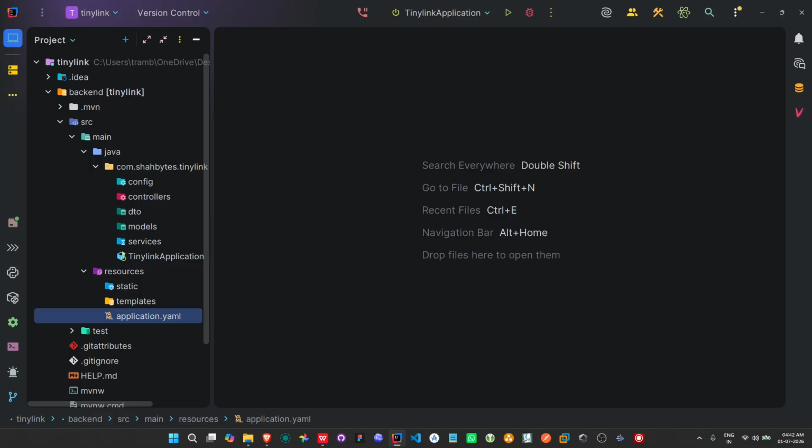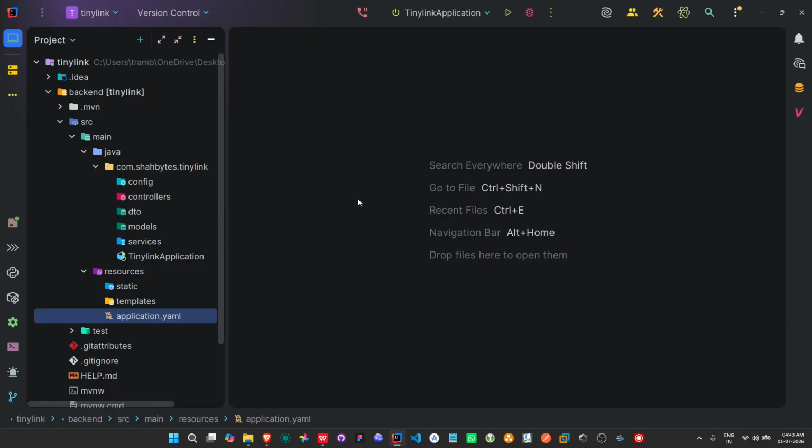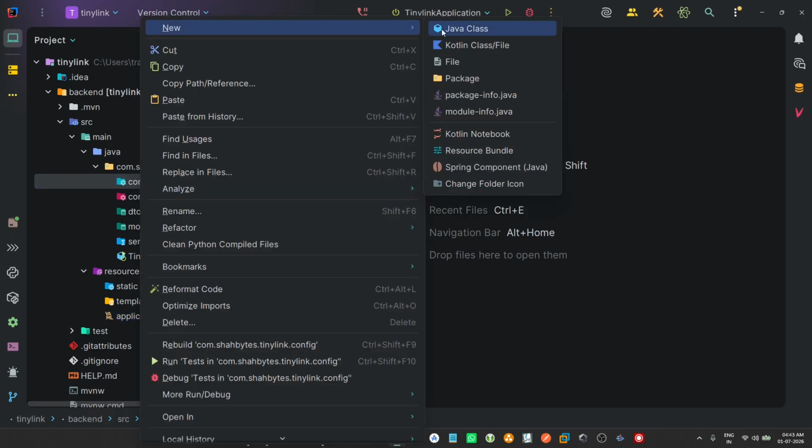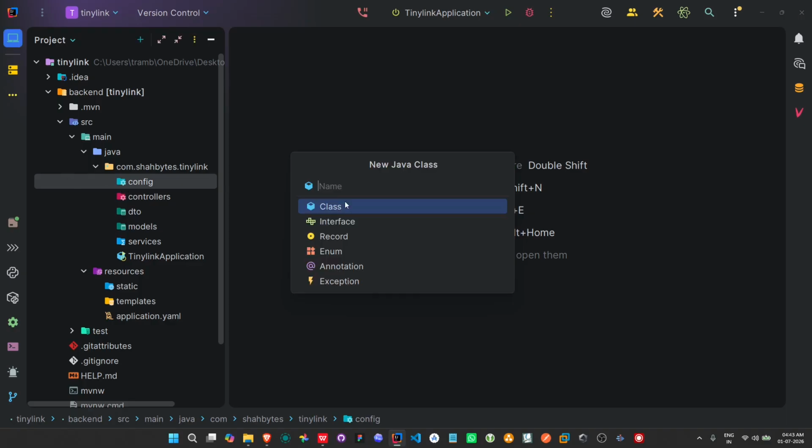So let's add some CORS configuration first, because our front end will be an Angular application, and it will run on 4200. So we need that configuration so we don't have the cross origin issue, because we need to allow our front end to use our API. So we'll create a new Java class in our config. We'll name it as web